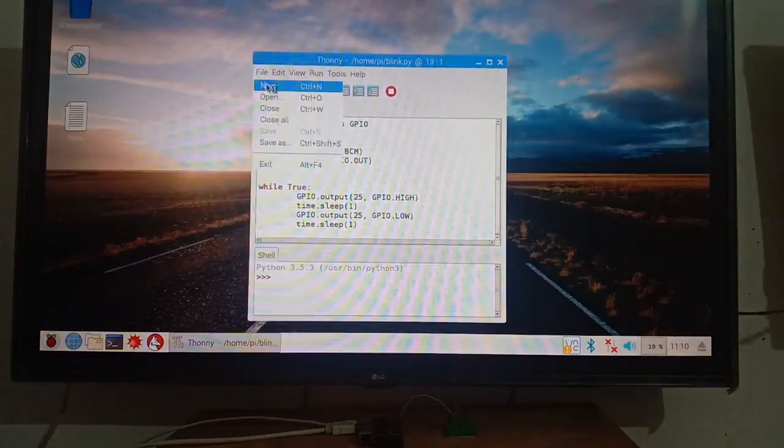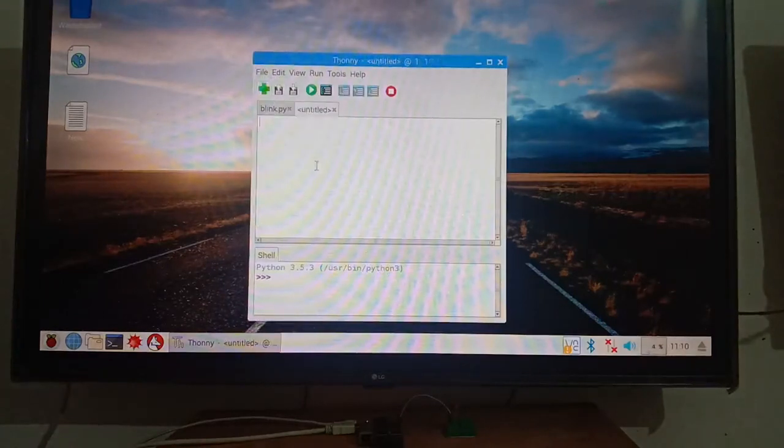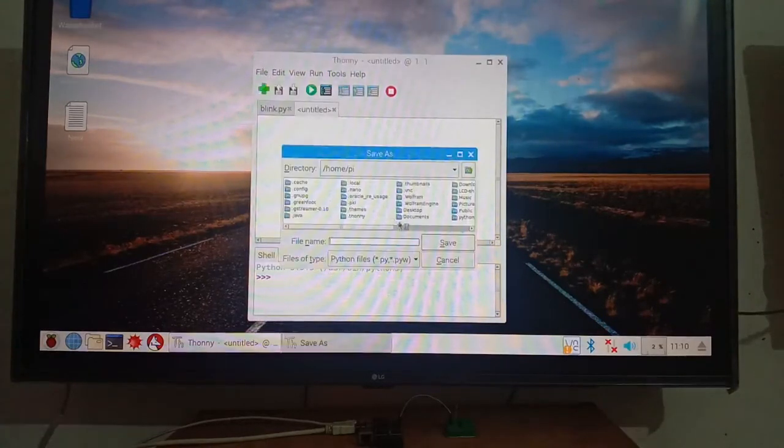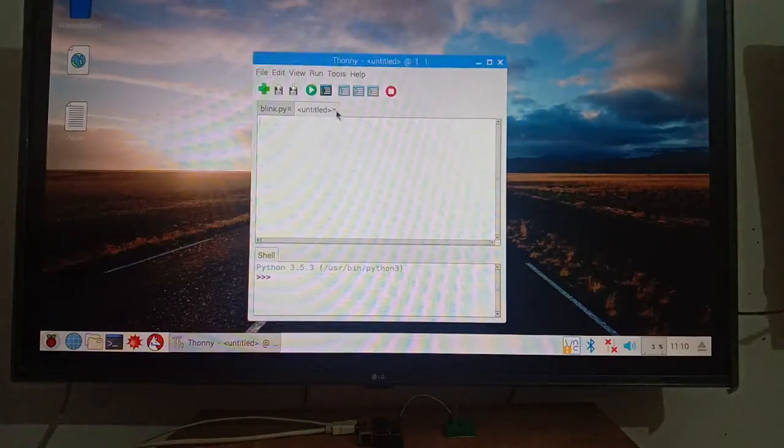You can open a new file and start writing your code, and then you can save as. When you save this here, the extension comes automatically, but when you write it in the text editor under accessories, don't forget to mention .py at the end of the file name.